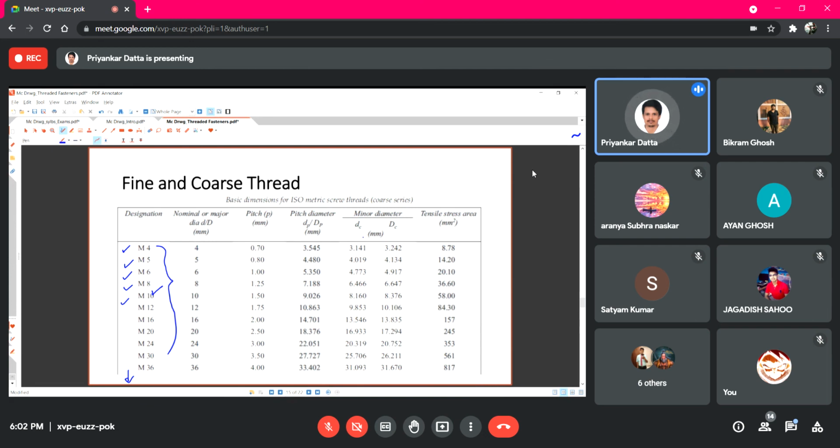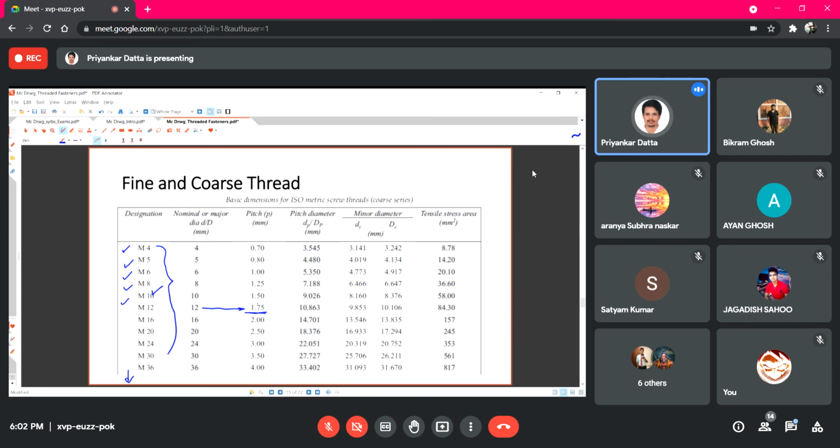So these are some of the relationships for coarse thread. Now, the difference between coarse and fine thread, as I mentioned: for example M12, if you check for coarse thread, the pitch is given as 1.75.